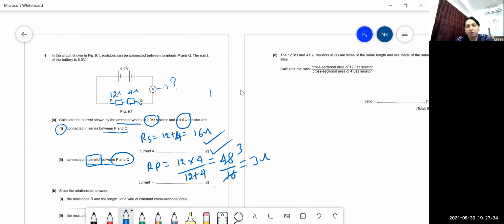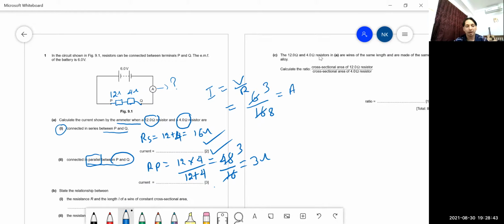So what is the equation for current? I is equal to voltage divided by R, children. What is the voltage? Voltage is 6 volt. What is the resistance? The total resistance in series is 12 plus 4, 16. So you divide this, 2 threes are 6, 2 eights are 16, and then you will get the answer, 3 by 8. You divide by yourself, whatever the answer, you can write that answer here, 3 by 8 in ampere, children.